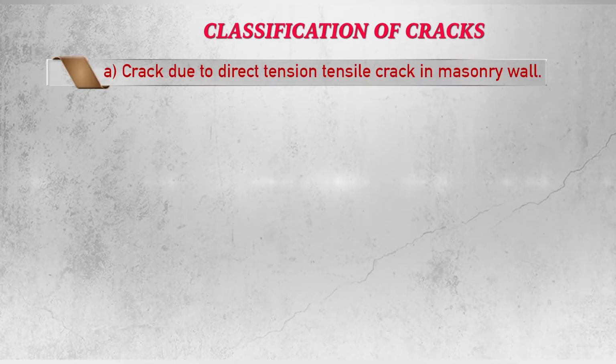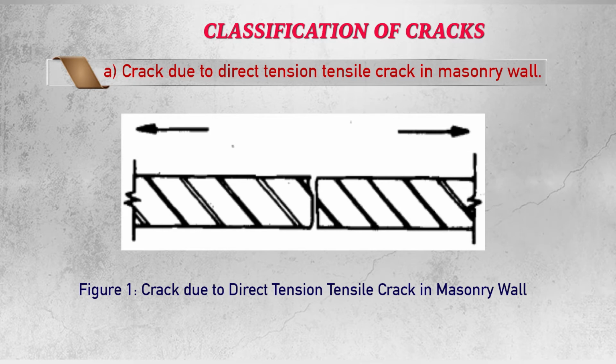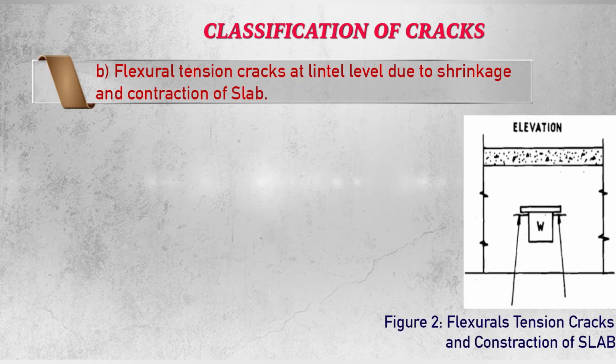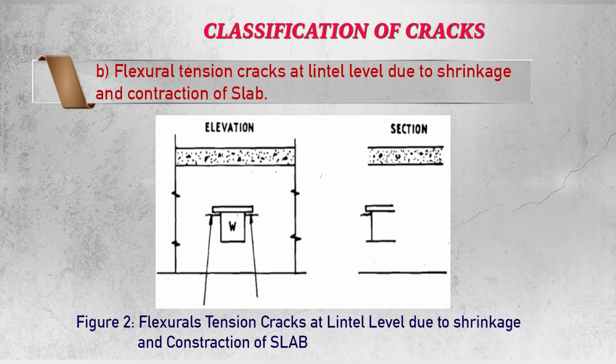First of all, let us see crack due to tension. Here you will see a crack due to direct tension, that is tensile crack in masonry wall. So in figure 1 you see the tensile crack in the masonry wall. The second type of crack you see here is flexural tension crack at lintel level due to shrinkage and contraction of slab. So figure 2 shows you the flexural tension crack at lintel level due to shrinkage and